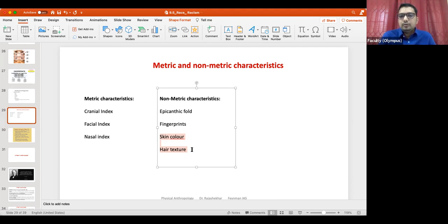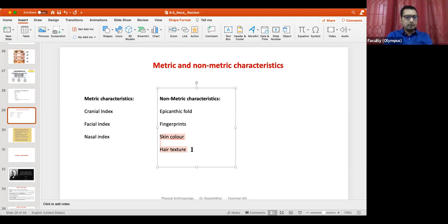We don't. So after understanding what is causing this race, because we have talked about many factors, like the epicanthic fold, today I'm going to tell you briefly what genetic or environmental factors control them. We know there is a biological basis to these characteristics, but there is no connection to superiority or inferiority. All whites don't have great intelligence, all blacks don't tend to be dumb, though people tend to say so in a general sense in the race concept. They may say dumb black, they may say dumb blonde. They try to correlate with appearance, which is not true.